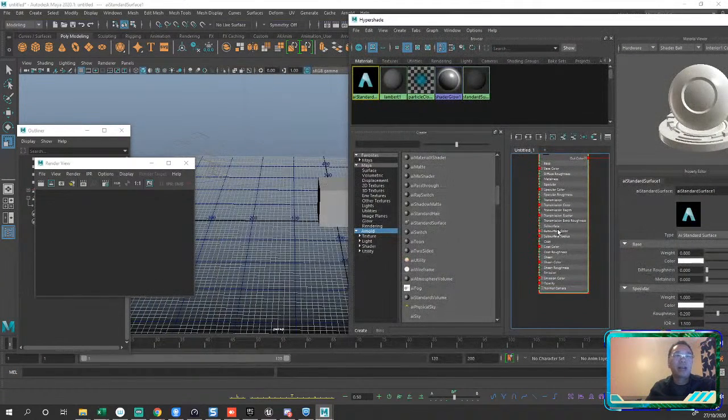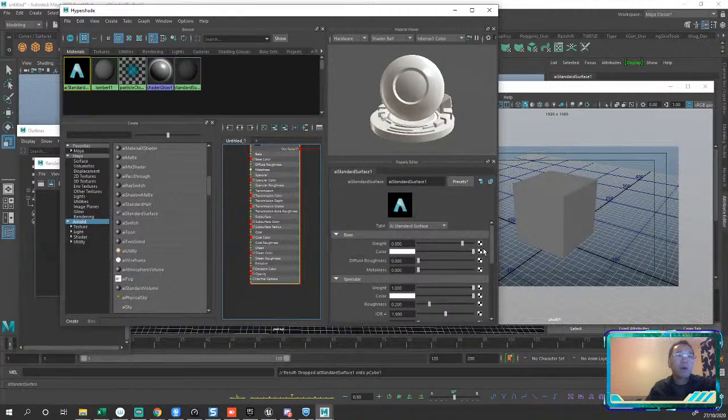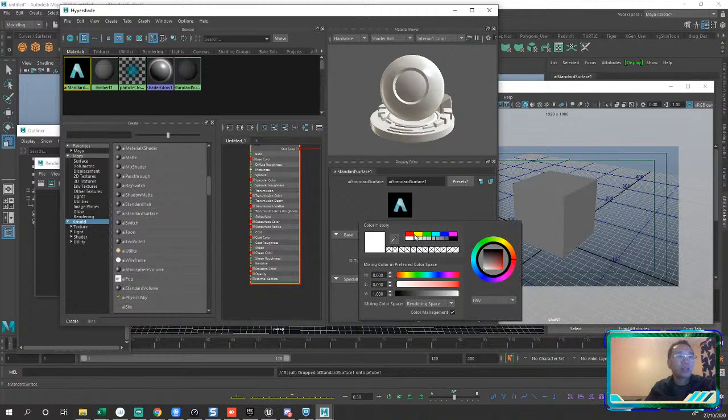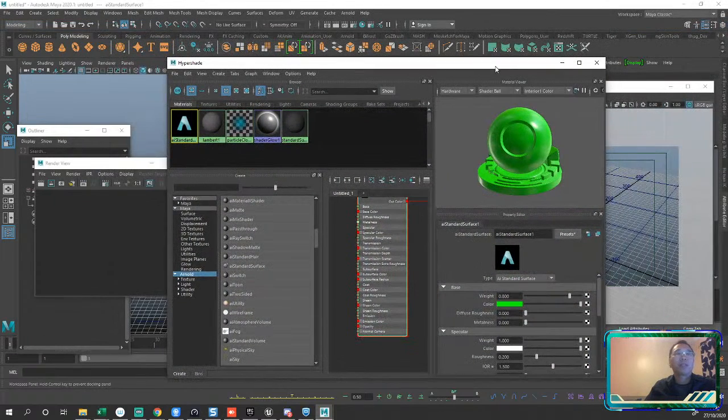So let's take this guy. I believe it's a middle mouse button drop onto the object. Yeah. So now I've applied that material to the object. I'm going to color it slightly different so we can tell what it is that we're looking at, right? So there's our Arnold material, right? So Arnold material,